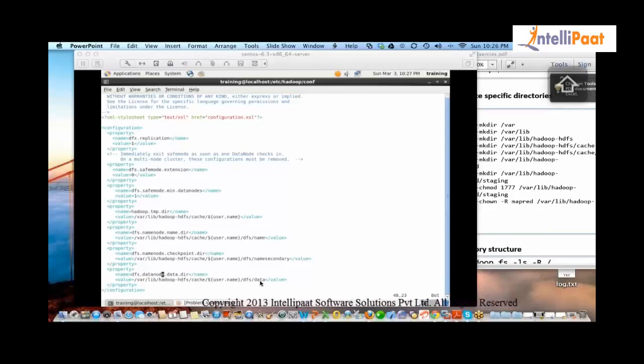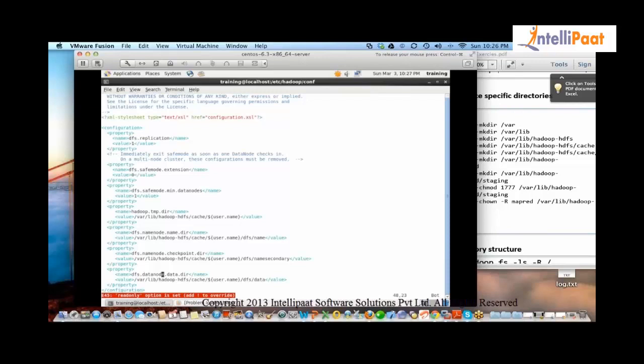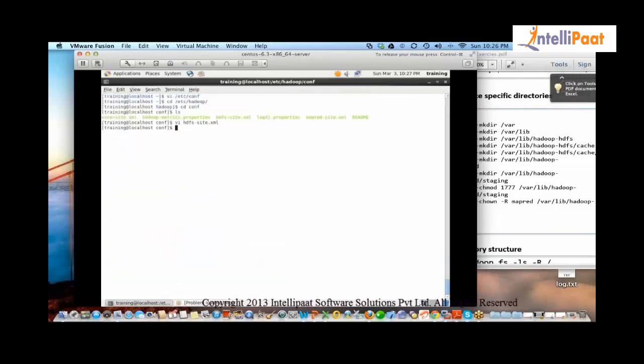If you take this particular path, you won't be able to access it through this. See now, when I say cd, I am on the local box. I go cd hdfs, ls, cd dfs, ls, cd data.